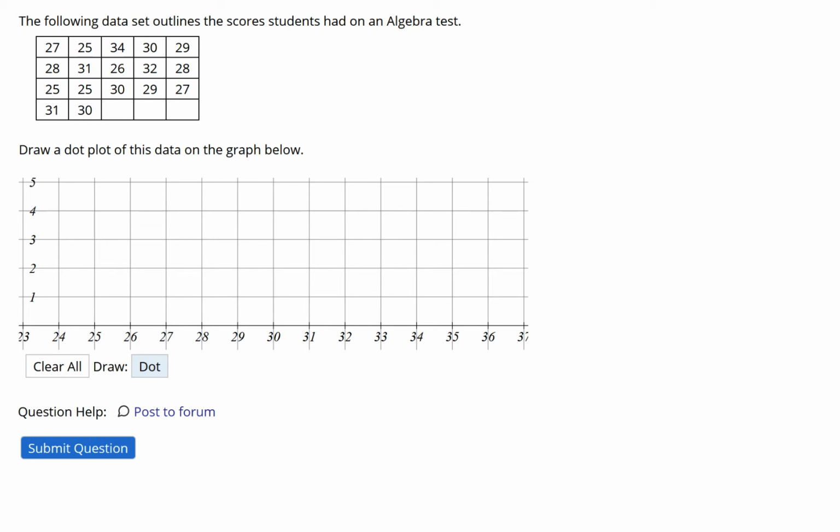The following data outlines the scores students had on an algebra test. Draw a dot plot of this data on the graph below. Okay, in order to do this, we construct a dot plot exactly as you would if you were making it